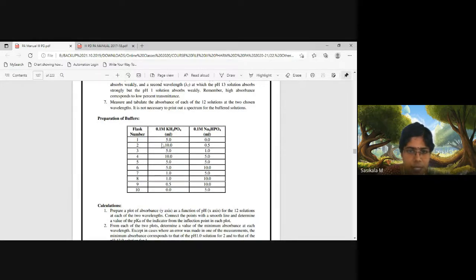In the first flask, you need to add 5 ml of potassium dihydrogen phosphate, and the other will not be added. Okay, so totally 5 ml of potassium dihydrogen phosphate is added. That means it is acid phosphate, so the pH will be maintained as acid. Disodium represents base. So when we add more of this buffer, it will indicate the highest pH. So from lowest pH to highest pH, we need to prepare different solutions.